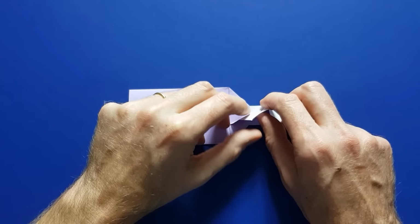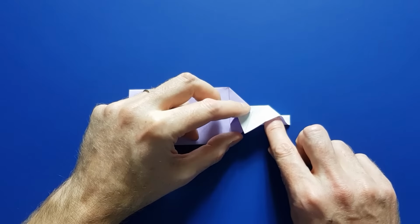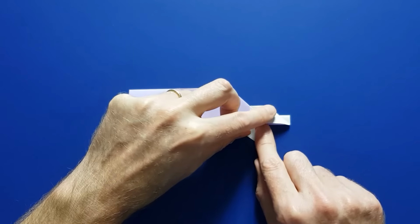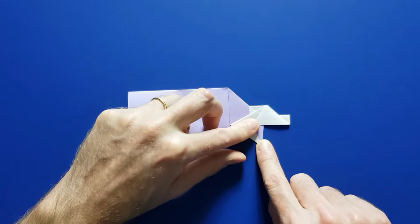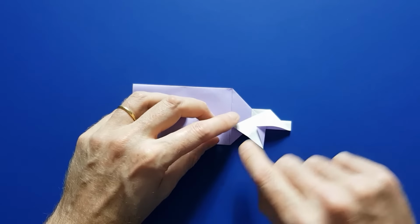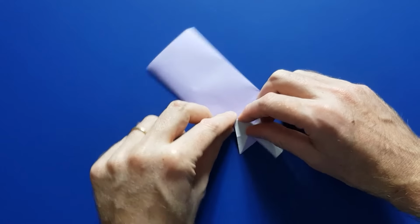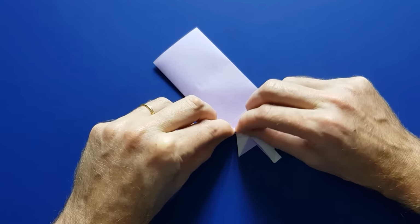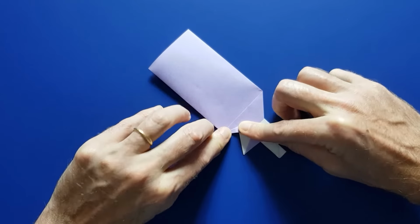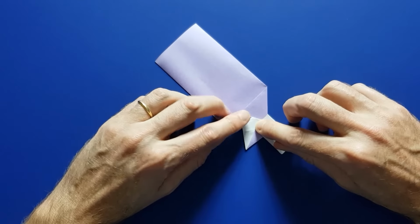Let me show you again. So we are like this. We open the model, we flatten here, we fold back this fold, and we fold. Then we bring this edge to this edge. Like this. And then we are going to fold